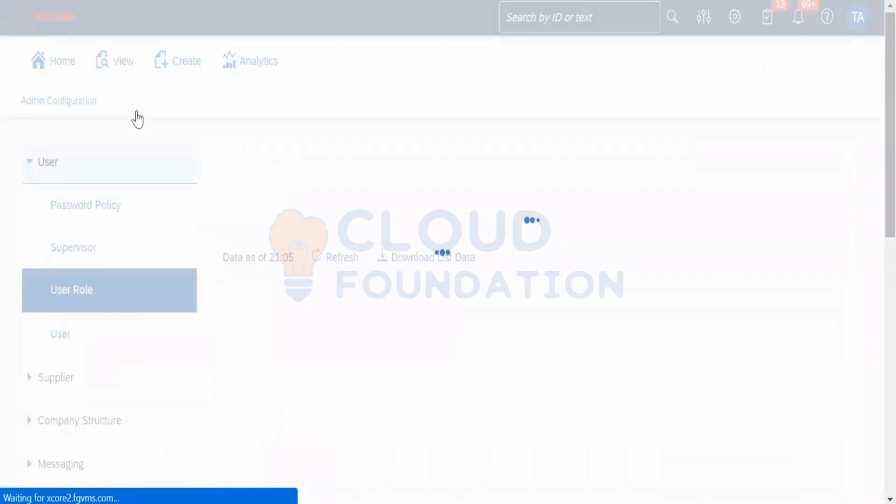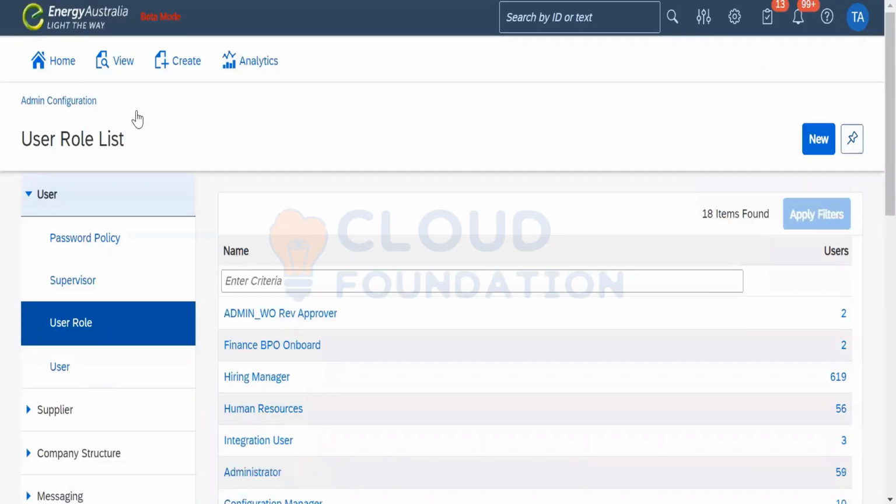They might be from the same company or they might be the MSPs, the managed service providers. In such cases, when they are an external contractor manager and yet they need to manage the complete hiring process within Fieldglass, they need to have the user access.